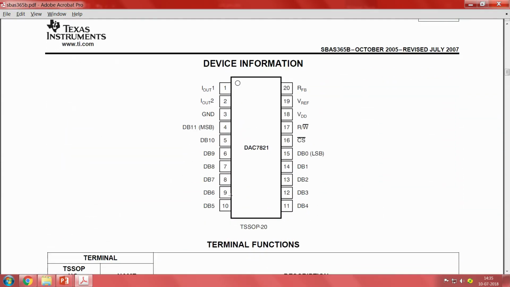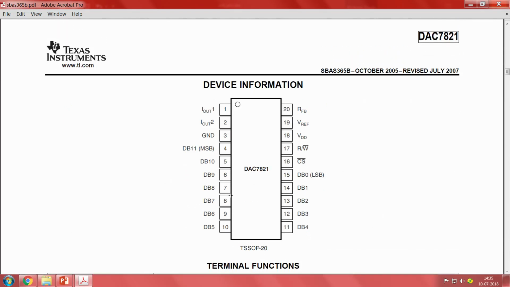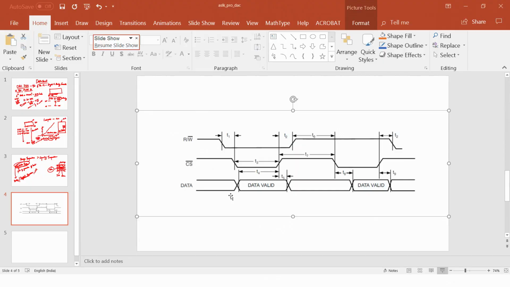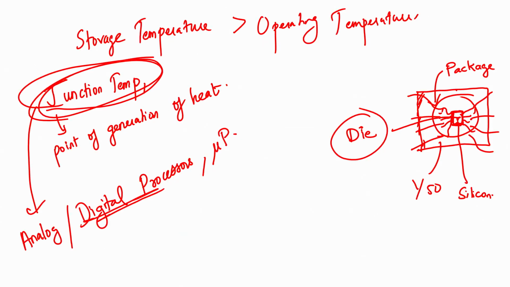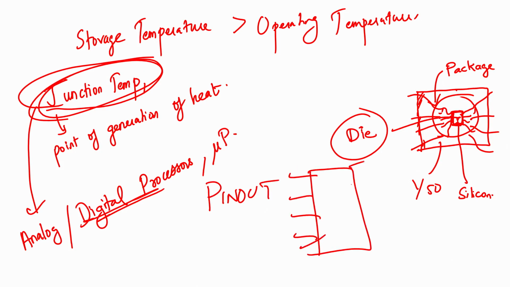So, this is another main thing. Okay. This is the main thing, package information, pin out. It is called pin out. This is another thing that you should look at. We should look at pin out. That will show you what is the package, how many pins are there and what each pin is used for. That is the main thing you need for your design.